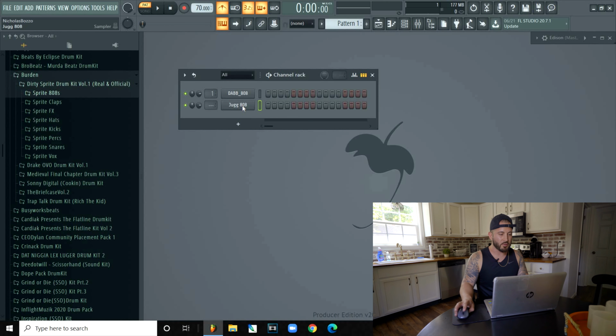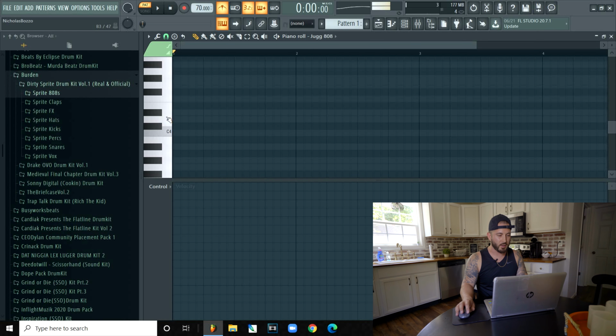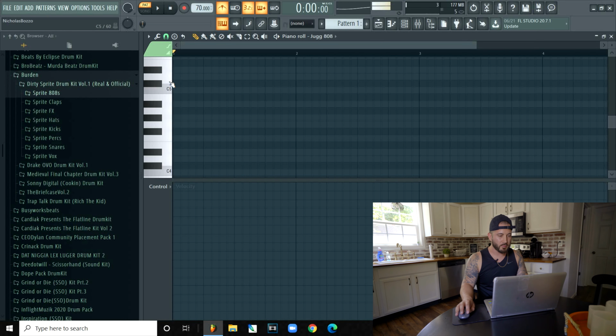Add the sounds, right click on the sound and go to piano roll. Piano roll, then you'll see this piano on the left side. And as you click on the keys, you can hear it. So when I click right here, that means